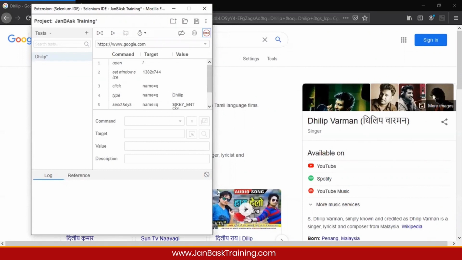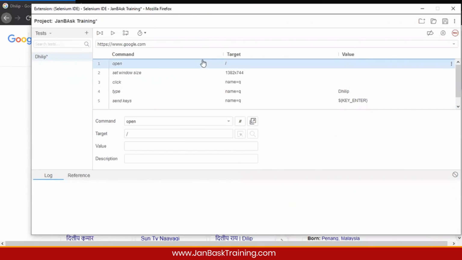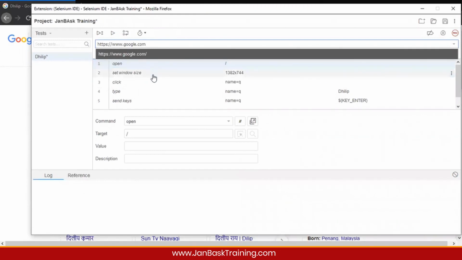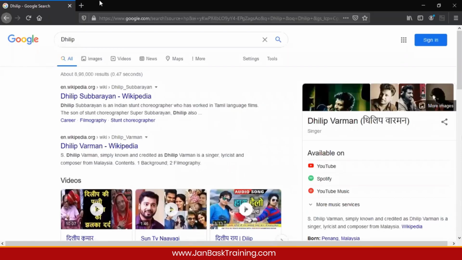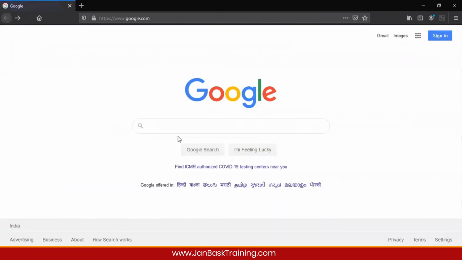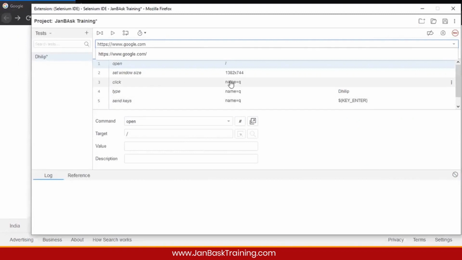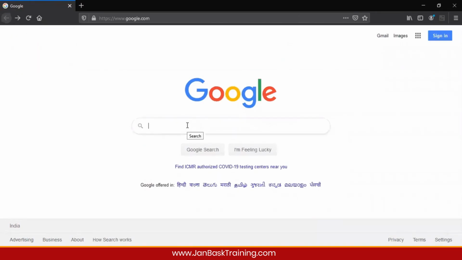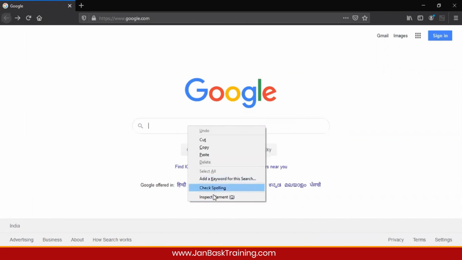So you see this thing? I need to increase the size. So what happened over here is it has opened up this particular URL. Then we increased the window size, because if you remember, I had increased the window size manually. So it was small at first, then I maximized it. Then I clicked on the search bar. So this is a search bar. I clicked on this attribute. Am I right? Once I click on this attribute, it said click name equals q. So how this name equals q came into the picture is by XPath. I'll tell you how to extract XPath, but I'll just give you a small example right now.